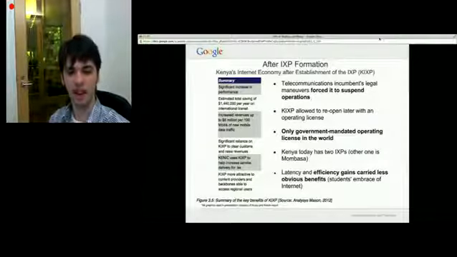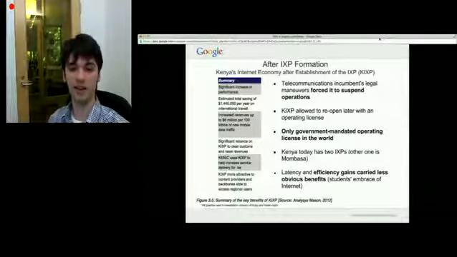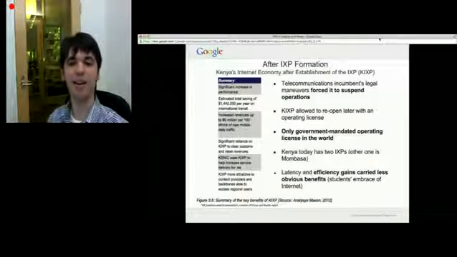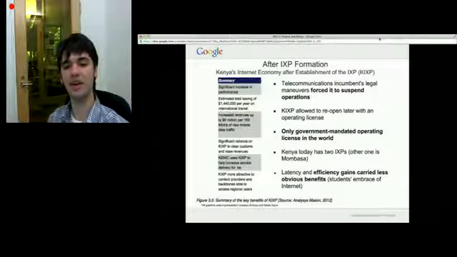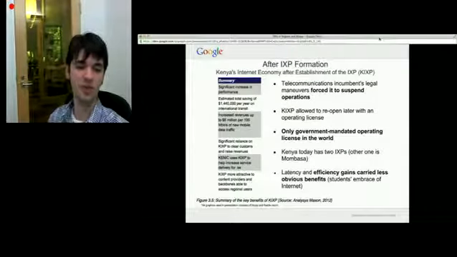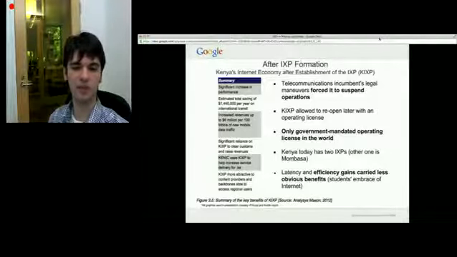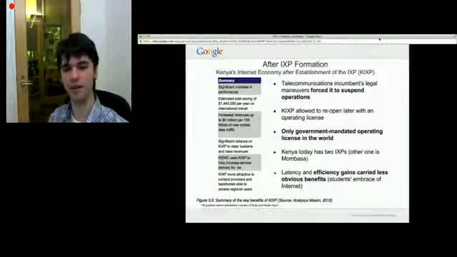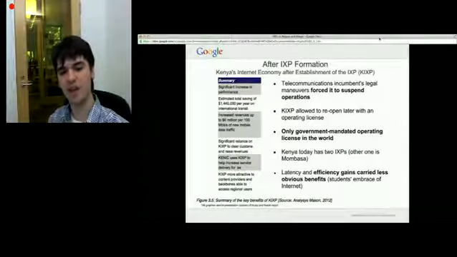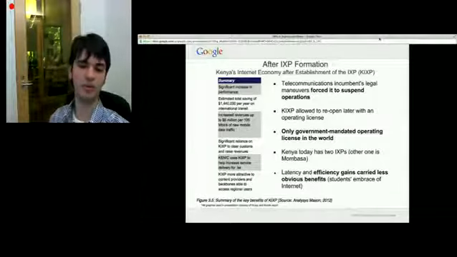The IXP I'm referring to was later allowed to reopen with an operating license, but was not allowed to reopen without that operating license. And it's the only government-mandated operating license quite like it. Kenya is home to the only government-mandated operating license regime in the world. So it's quite interesting, and without much real precedent. There's been another IXP that's opened since in Mombasa. So despite that rough start, there's been noticeable